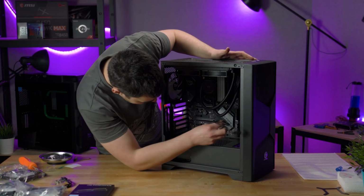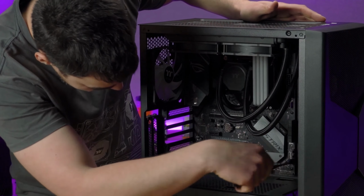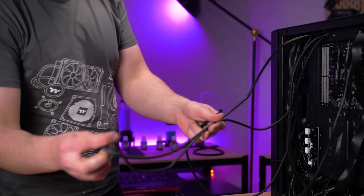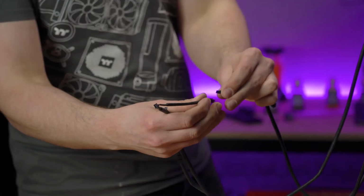Connect the female end to any 3 or 4 pin fan headers on your motherboard. Then connect your fan's power cable to the male end. To get the RGB lighting working, you're going to need to first daisy chain all the RGB headers to each